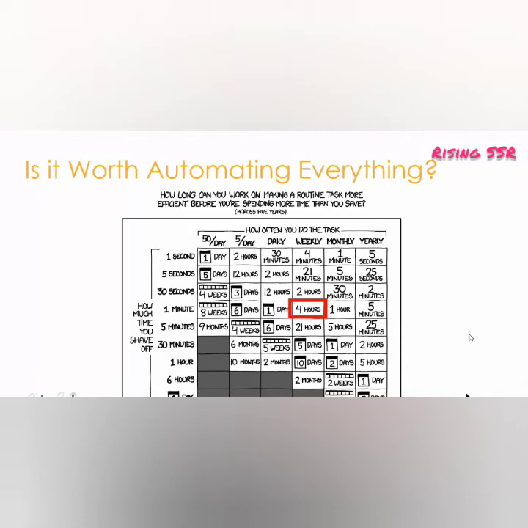So this is a graphical analysis, and you can see you have got an x-axis and a y-axis. In this example, the objective is to communicate that, let's say you do something every week and it takes you just 1 minute to do it. On the y-axis you can see 1 minute, and against that 1 minute, 4 hours is encircled in red. And on the x-axis you can see that it is weekly, right?